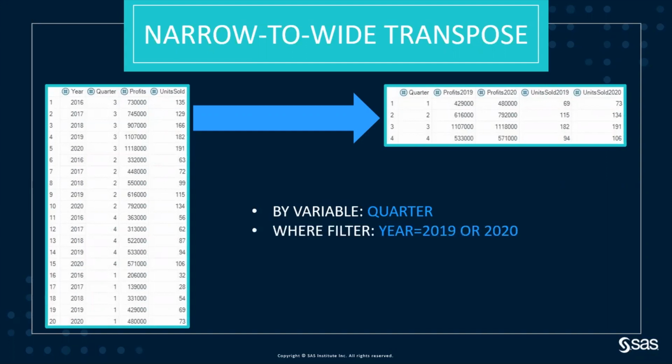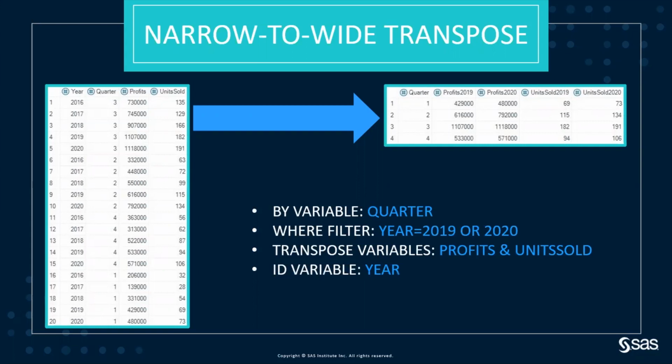Now, unlike scenario number 2, where we were only looking at profits, this time we're also using units sold. So we'll need to transpose both measures on the var statement like we did with the last example. Lastly, because this is a narrow to wide transpose, we'd like to include the ID statement to use the year variable values as our column headers in the new table. We also want to add a prefix to show which measure each column holds. So now we're ready to write our proc transpose step.